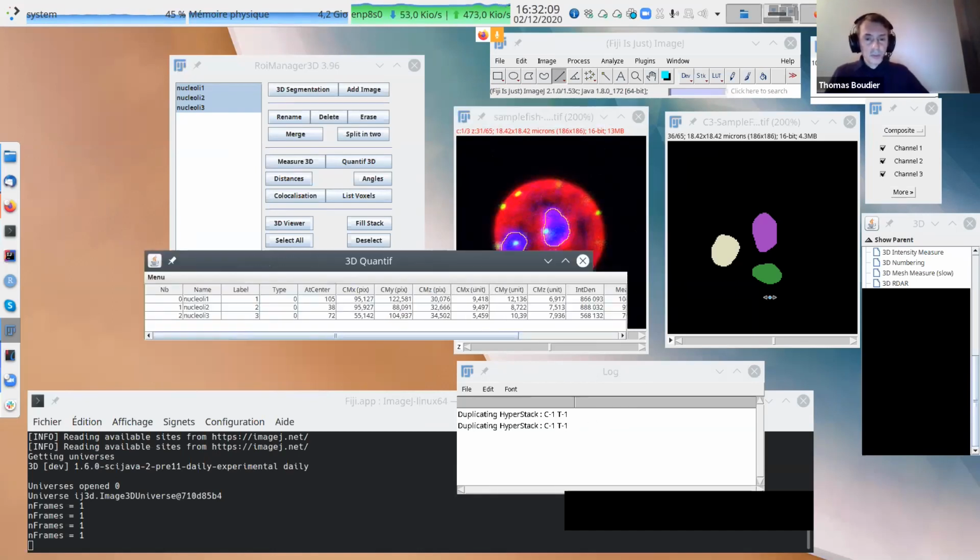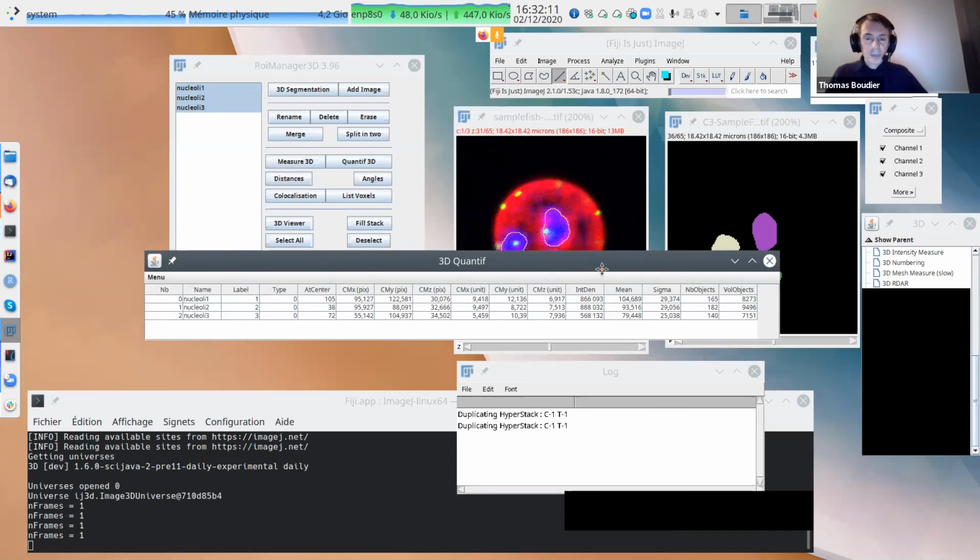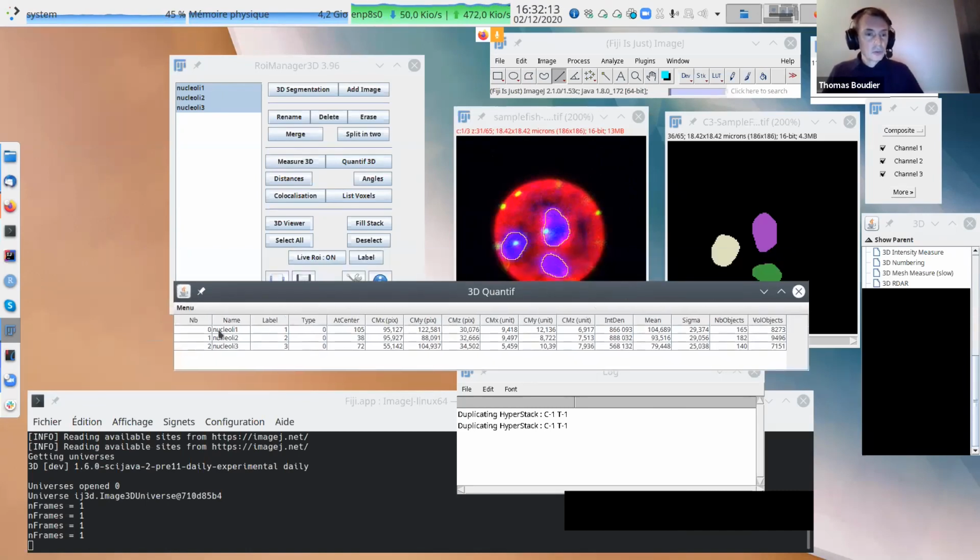Okay, so the same ID. So you know the name, the label, the type. So we need to do this. The type at center. So the intensity at the center of the object. What is the intensity value at the center of the object? The CM is a center of mass.